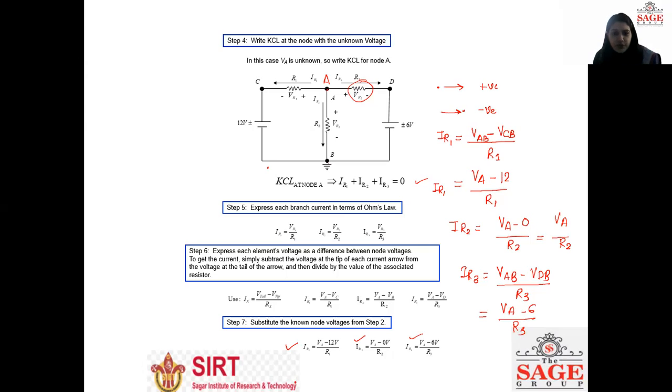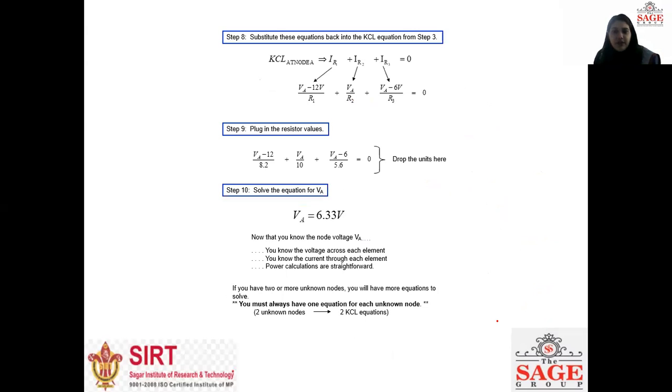After that, what do we do? We will substitute. We have these equations. We will substitute the values. Then we will receive this. This is first, this is second, and this is third. After that, we will substitute the equations we have found in the form of voltage and resistor, and we will equate it with 0, okay, as it was written.